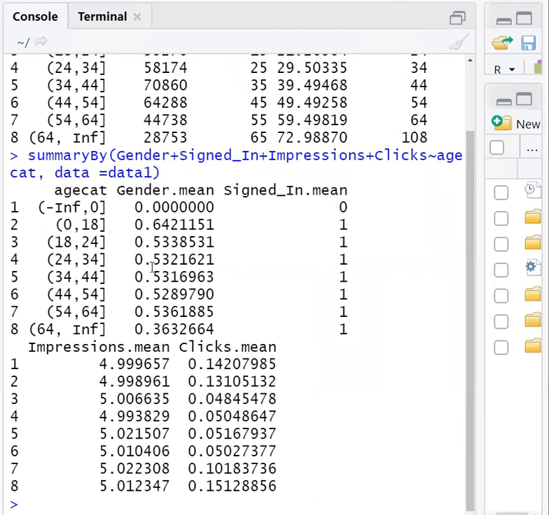So this is the data we got for each age category. Mean of, here we are not passing the function. So if function is not passed, it will return the mean value. So gender, mean, signed in. Okay, so impressions average value, if you observe, its mean value is around 5, across the categories. Okay.